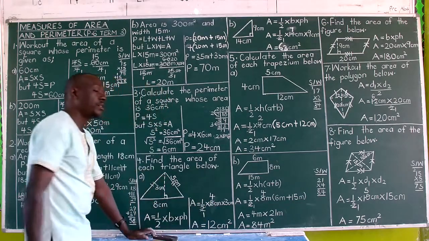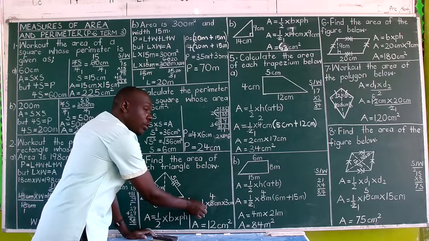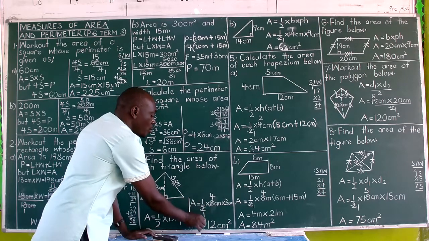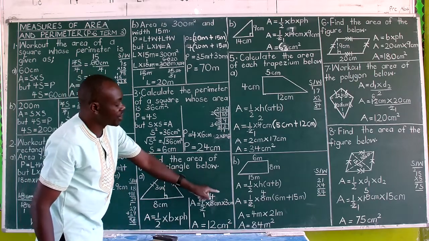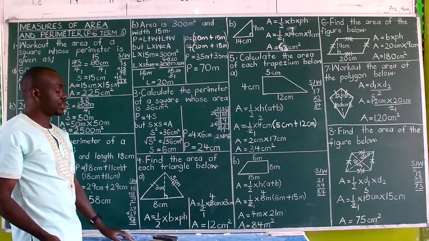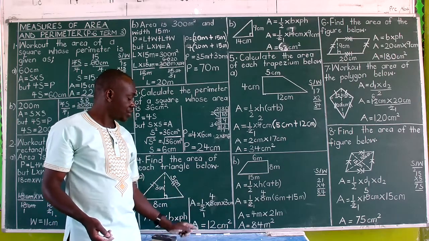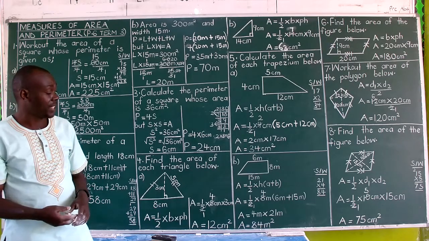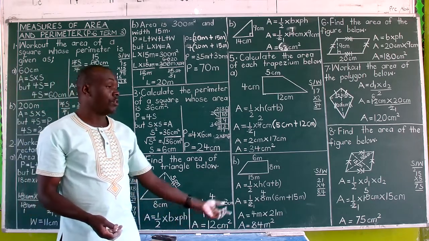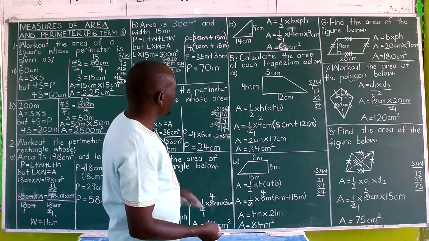This is what we write here. So we go, please substitute accordingly. This is 2 divided by 2 once. 8 divided by 2, you get 4 centimeters. So I've got 4 centimeters times 3 centimeters, where 4 times 3 you get 12. And centimeter times centimeter is centimeter squared, so area equals 12 centimeters squared, or 12 square centimeters. And that is the answer for that area.